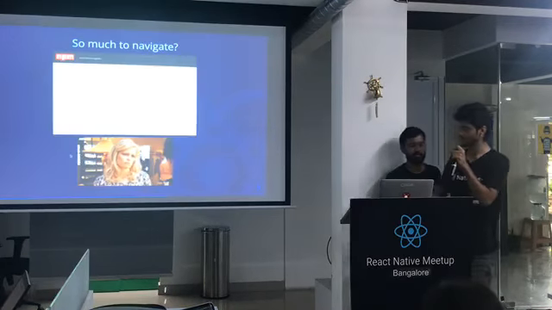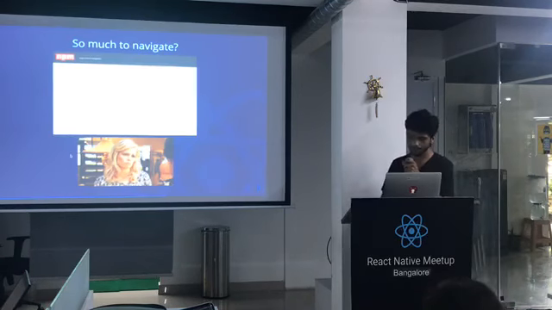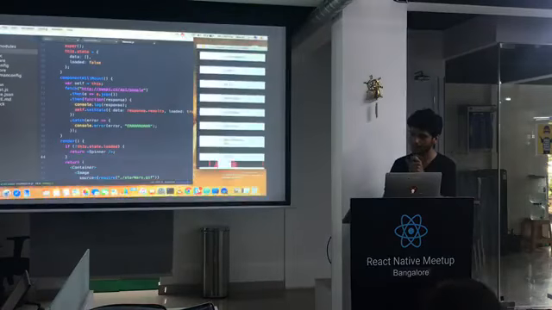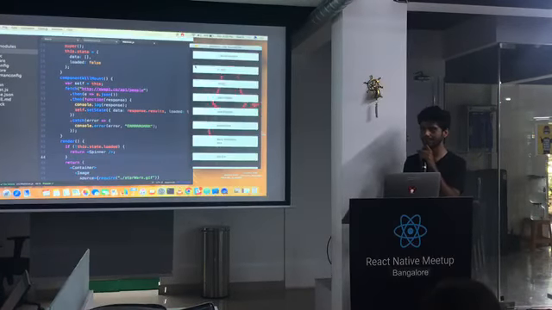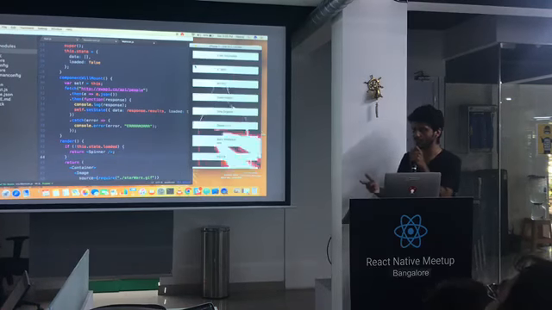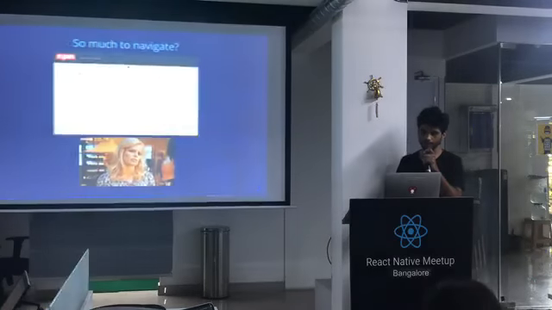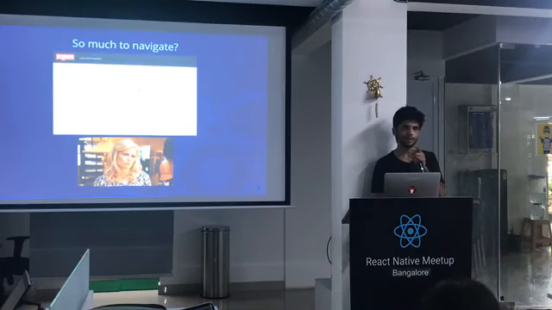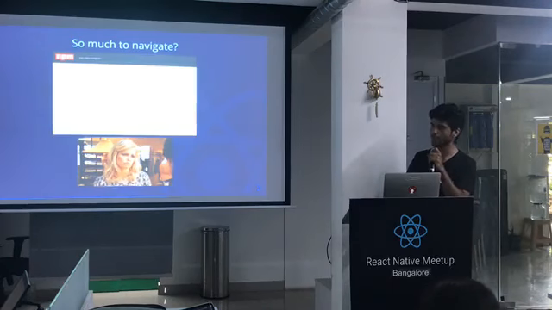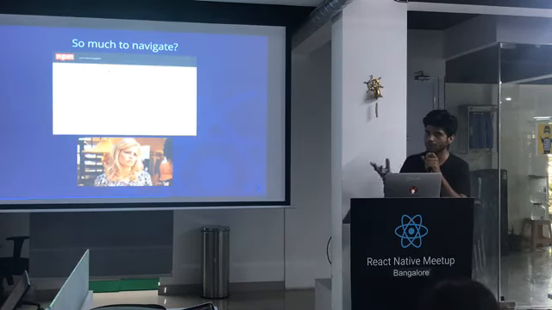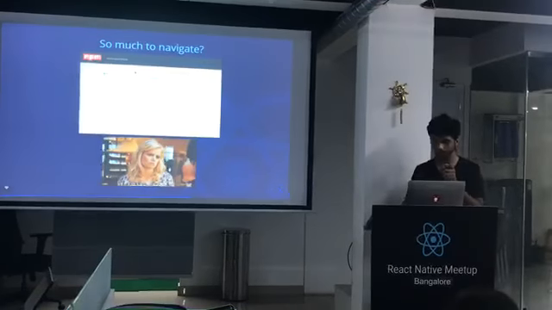Okay, so the thing with navigation, what does navigation actually mean? Right now we designed two screens. One is the list screen and another is the home screen, but we haven't added any functionality to go from one screen to another. So that's where navigation comes in. Suppose you go over to NPM and you just search React Native navigation, you'll come up with something around 140 packages. That's a lot of stuff to navigate, and which one to choose from is the main problem.